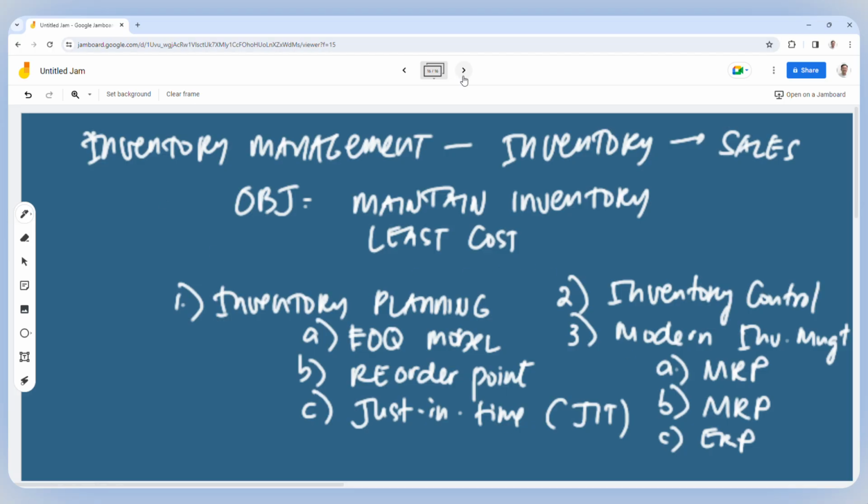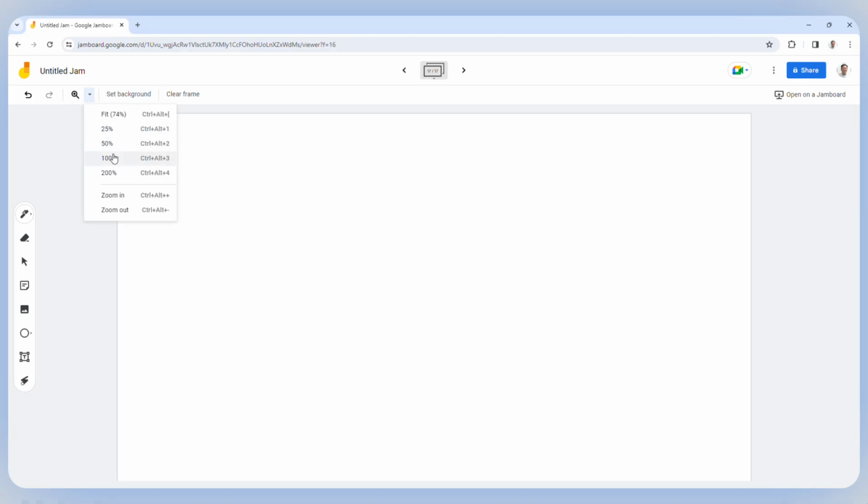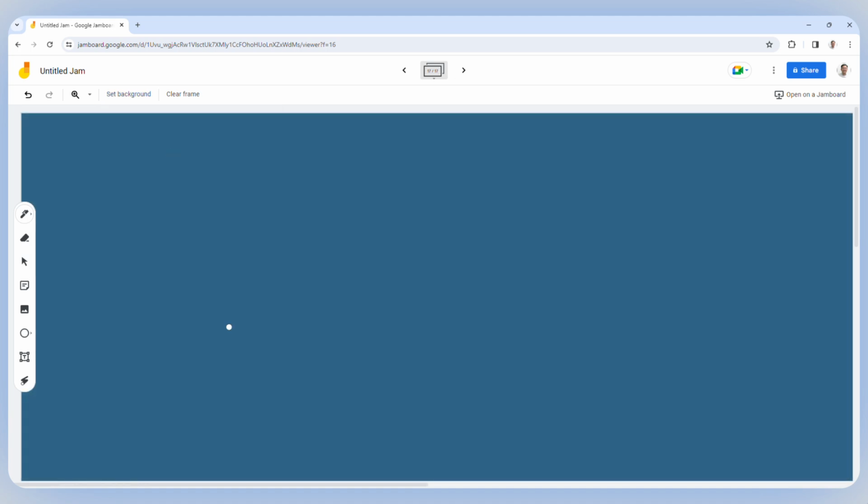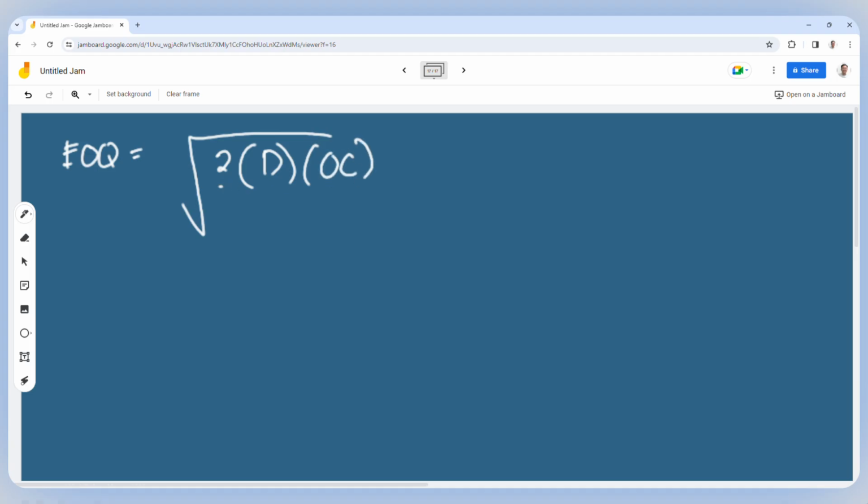Pero I'll focus more on the inventory planning lang, no? So, ano naman class yung mga tinatawag nating inventory, no? Alright, sige. So, unang-una class, yung tinatawag nating economic order quantity. Alright. How do we compute for economic order quantity? Ang formula niya ay same as Baumol model, 2 to be multiplied by our annual demand divided by our ordering costs divided by our carrying costs. Okay. 2 again is constant here.